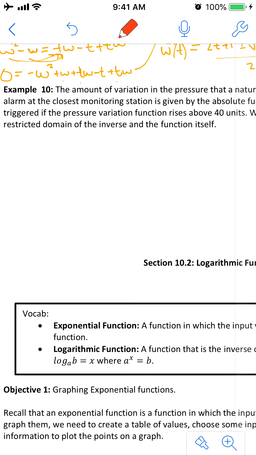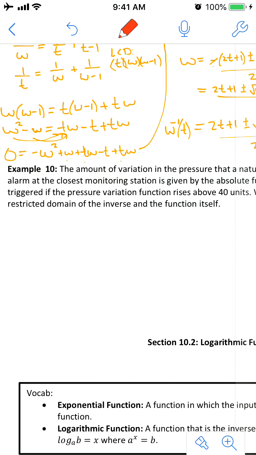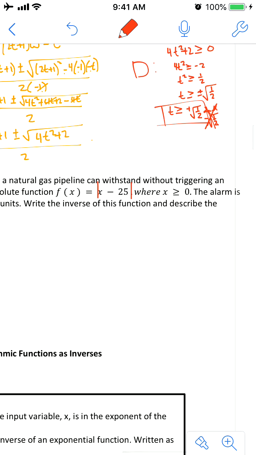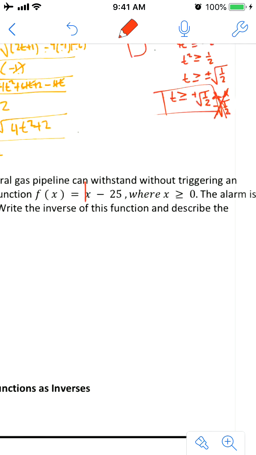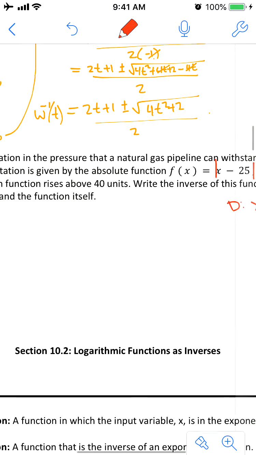So now they want both the domain for the inverse and the domain for the function. Okay, let's just start with the domain for the function. It's right there. Let's just think about it. Why do they put x is greater than 0? Why would they even bother with that? This is the domain. The domain is that x is greater than 0. I'm going to write that smaller. The domain is the fact that x has to be greater than or equal to 0. Why? Because x has to be